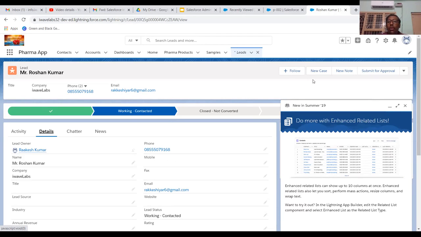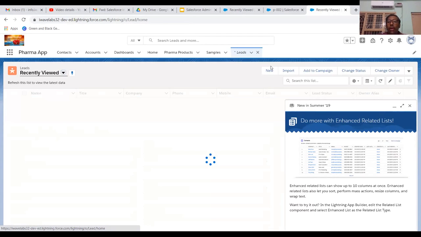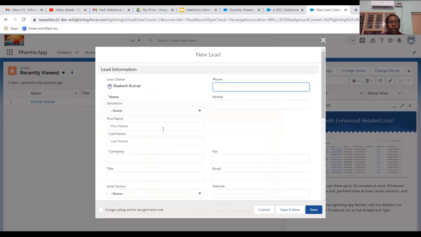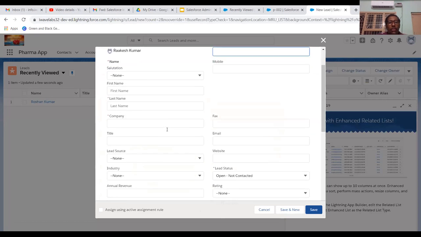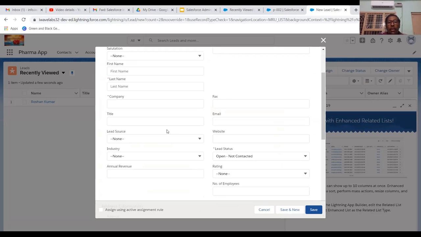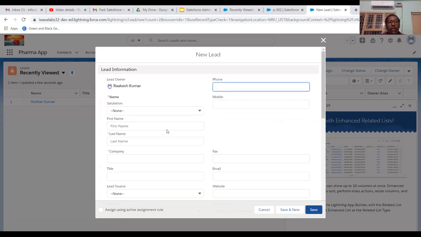Once again, I'll click on lead here. I will click on new button, right? Whereas lead city and lead rating I have not entered. Now see, once again I'll go with Mr. Akash Govind, and company name is going to be Highway Lab.